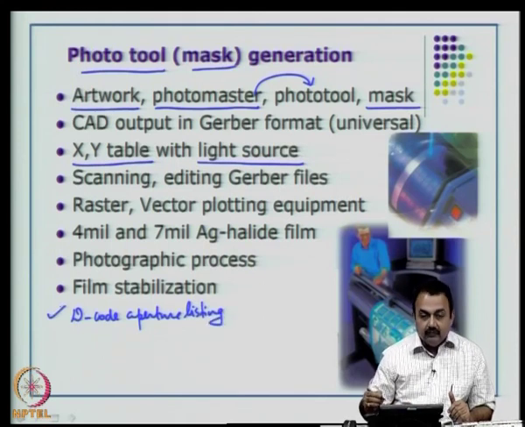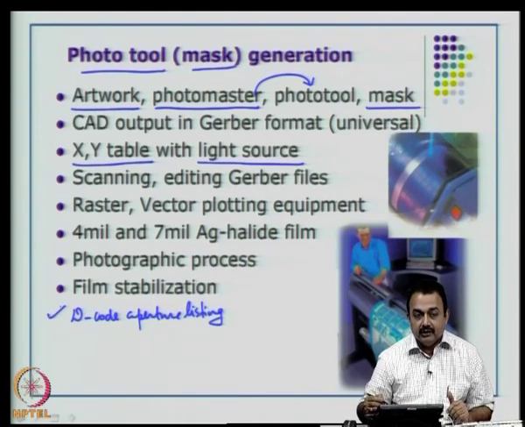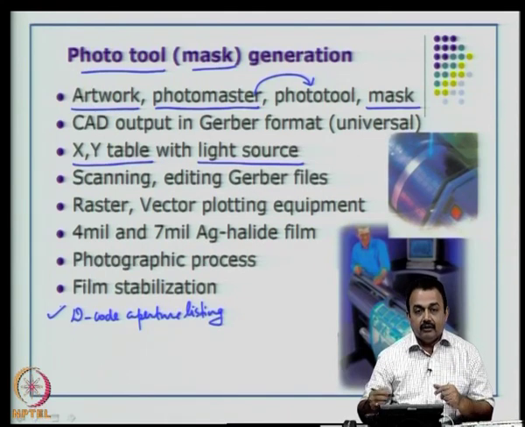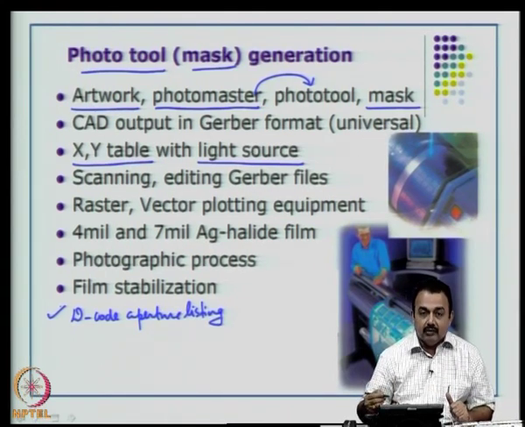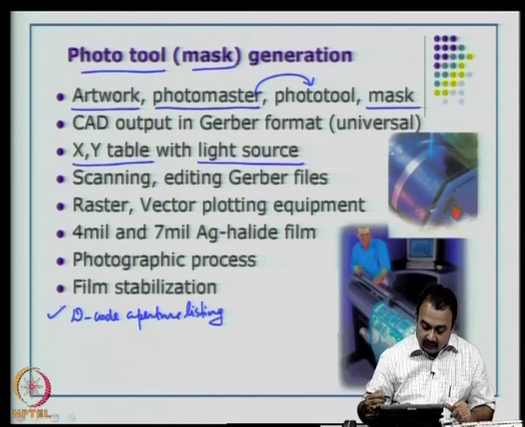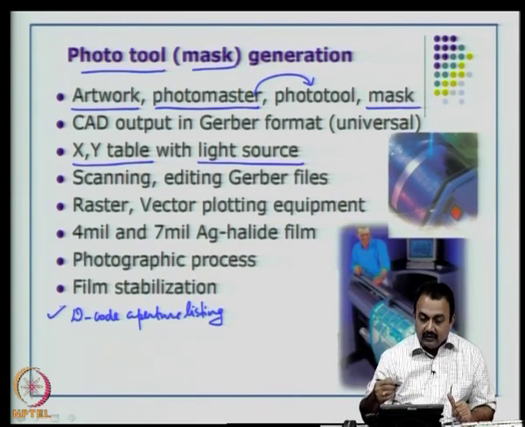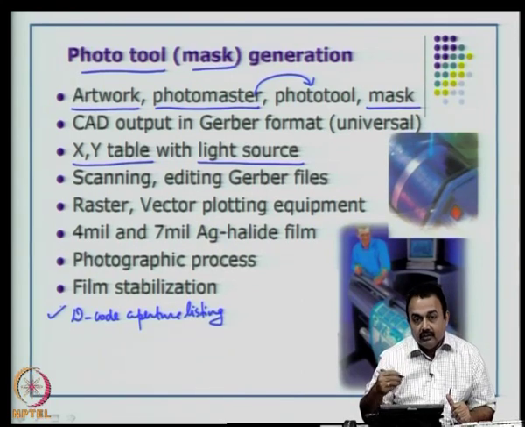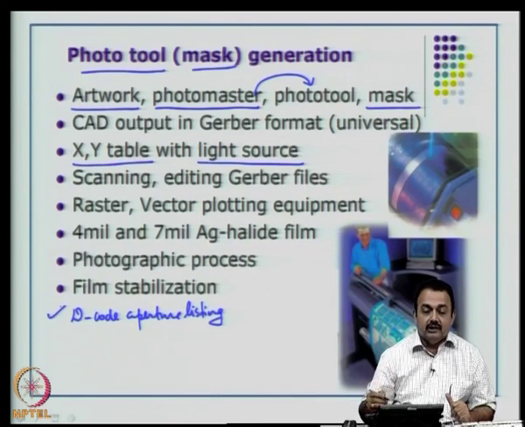So, this will be used by the Gerber equipment to resolve where the pads are going to be placed, what is the size of the pad, and it will also draw the lines that connect between pads and the vias and so on. So, basically it is an activity where you will see an XY movement of a table with the light source hitting the actual intensity that is required to react with the thin layer of